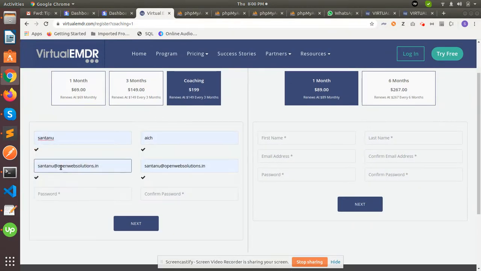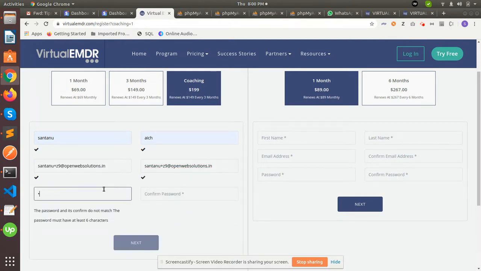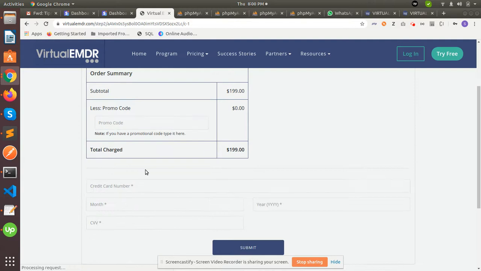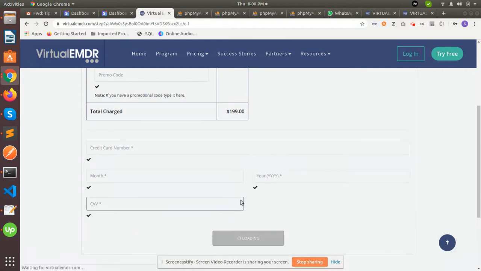Suppose the next step, your customer does not put in any coupon code or any credit card information, and clicks submit.